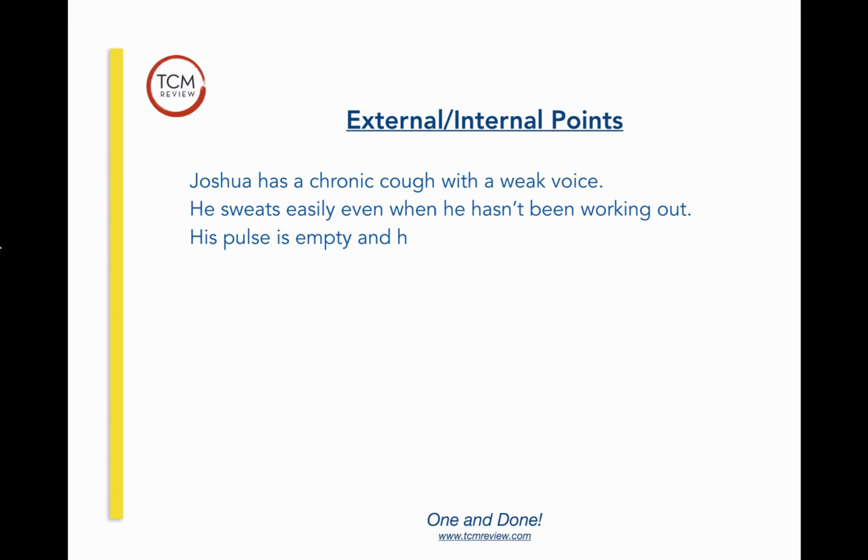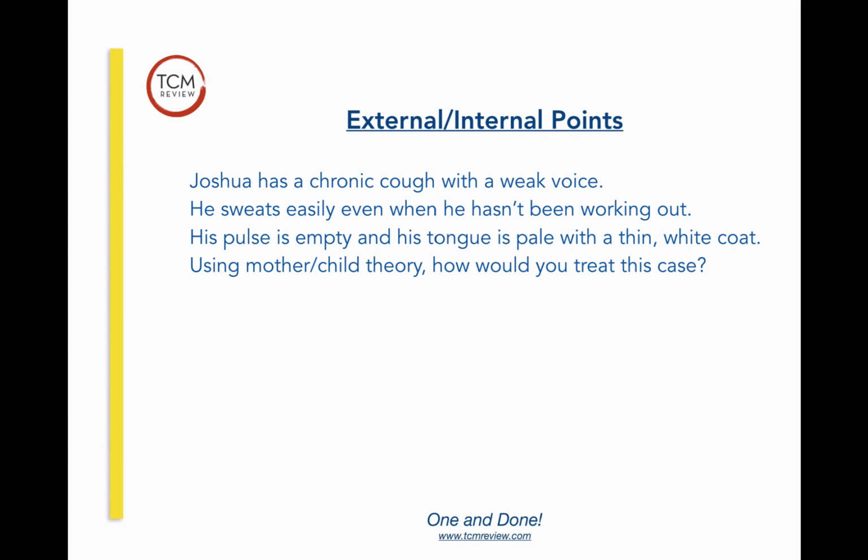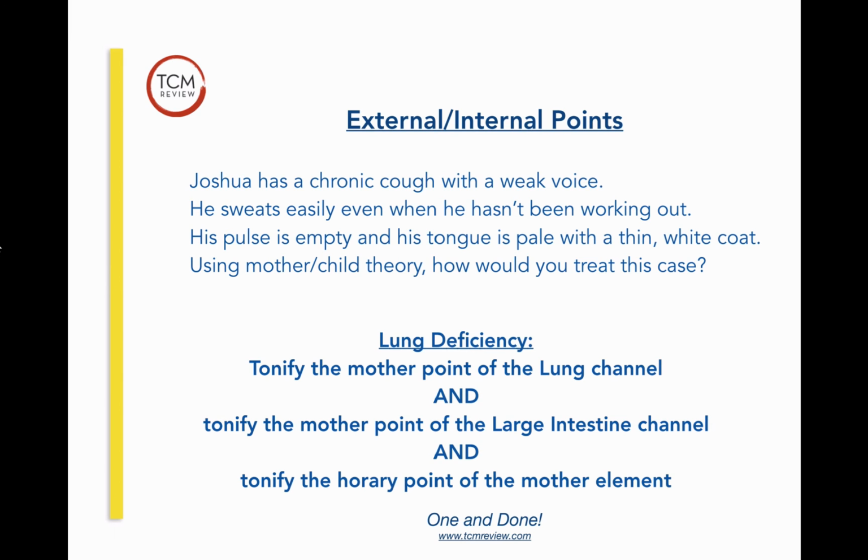So say we have Joshua, and he has a chronic cough with a weak voice. He sweats easily, even when he hasn't been working out. His pulse is empty. His tongue is pale with a thin white coat. Using mother-child theory, how would you treat this case? Well, obviously, this is a deficiency, right? And so we can tonify the mother point of the lung channel. We can tonify the mother point of the large intestine channel, or we can tonify the horary point of the